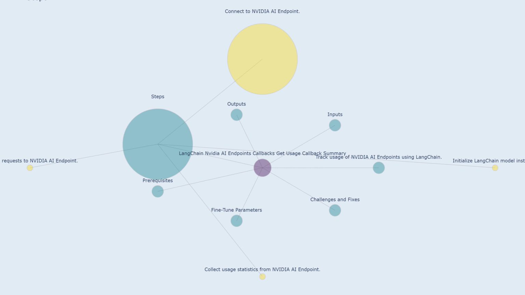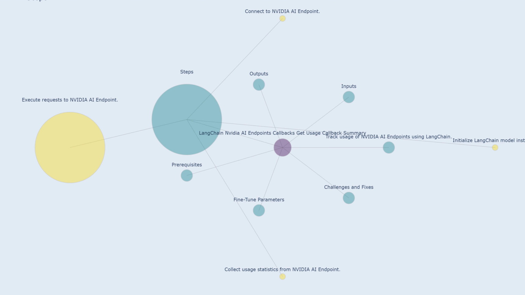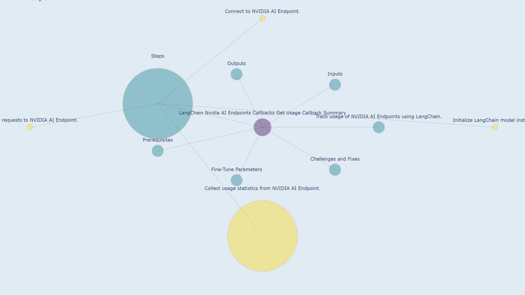The next step establishes a connection to the NVIDIA AI endpoint. This is done using the provided configuration, including the endpoint URL and authentication credentials. Once the connection is established, requests are executed against the NVIDIA AI endpoint. These requests are based on the tasks you are performing with the langchain model. The final step involves collecting the usage statistics from the NVIDIA AI endpoint. This data is gathered as a result of the requests made to the endpoint and provides insights into the model's